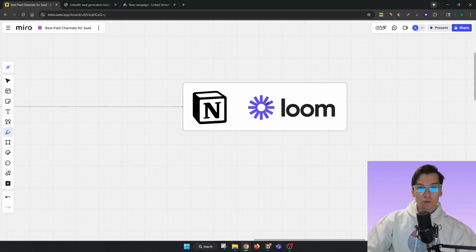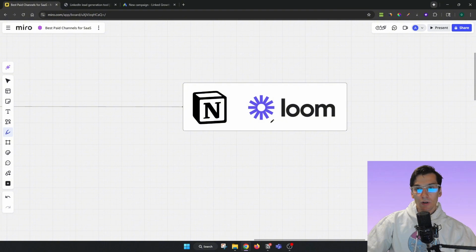Loom is to record a video of your screen. I also have it, I use it somewhere here. That's VPN, never mind, I also have Loom. I use it a lot to record videos for my one-on-ones. When they have a question, I record it quickly. But what Loom does, the problem is, before that you'd have to type up or describe the problem or the solution to somebody's problem, and it would take time.